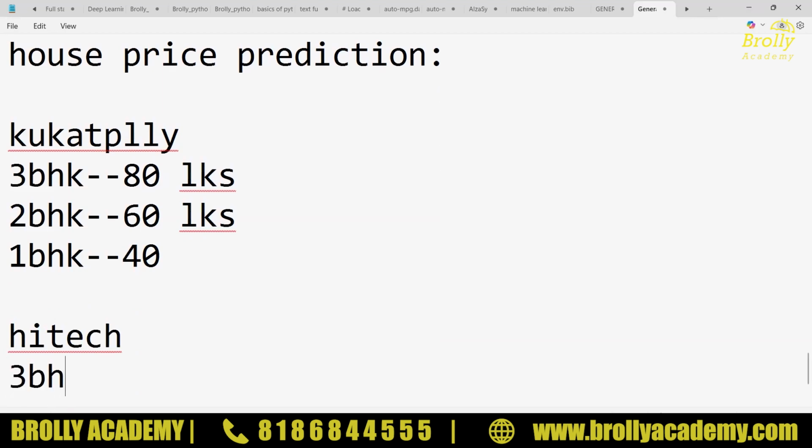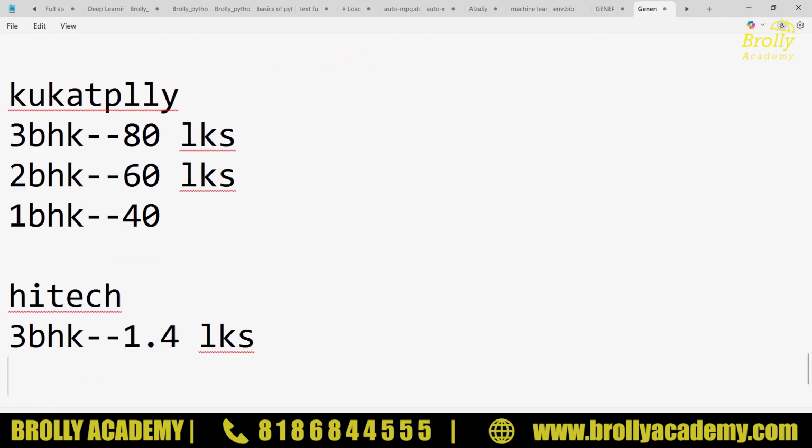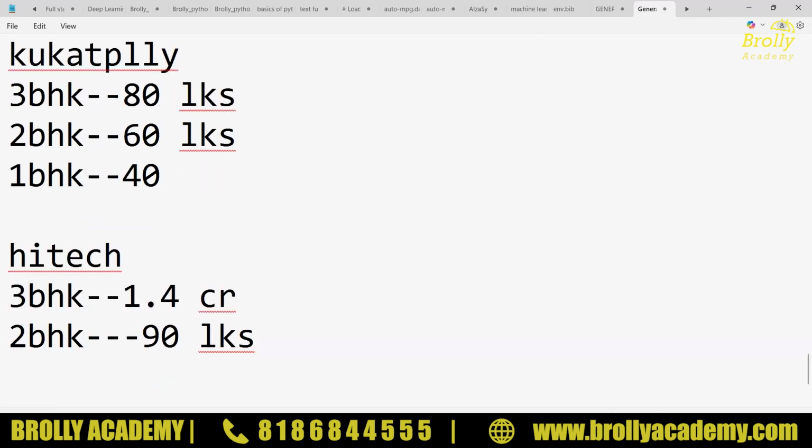Now coming to HITEC City, same data. 3 BHK, something like 1.4 CR, right? And 2 BHK, 90 plus. 1 BHK, 70 plus.